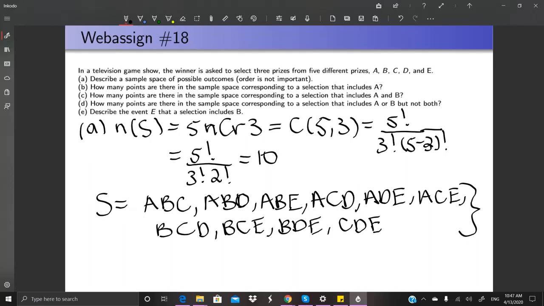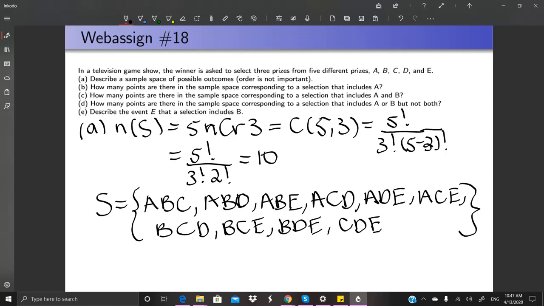Let me erase this. There you go. So 1, 2, 3, 4, 5, 6, 7, 8, 9, 10. This is how you can choose 3 different prizes, 3 of those letters at a time, 3 different letters every single time, but you're only choosing 3 out of the 5 options. So that's all of them. If, for example, we had 6 prizes and we had to choose 4 prizes at a time,